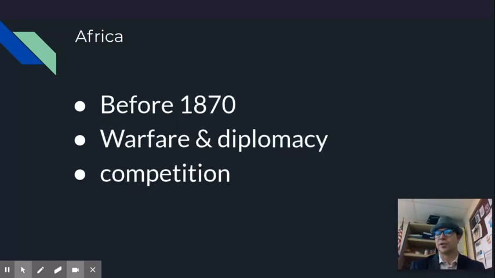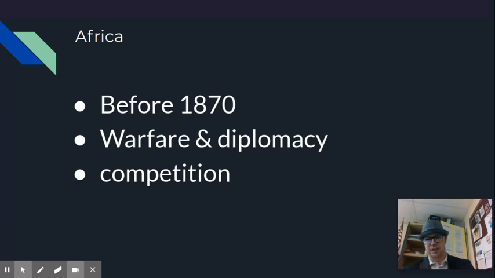Africa, of course, a big theme is the scramble for Africa. But really, before 1870, Europe's presence in Africa was fairly limited. It was mostly coastal enclaves, just these ports here and there that protected trade, and they would have a few settlements in select areas along the coast, but really not much until 1870. But after that time period, industrialization is going to speed up. Imperialism and nationalism, these are all factors that are going to lead to basically carving up of Africa.